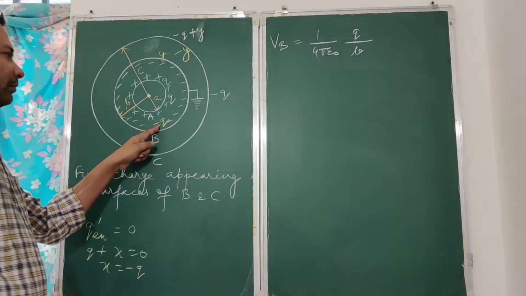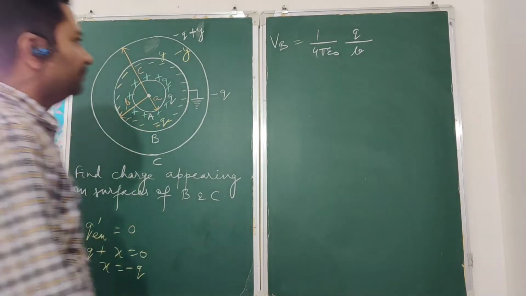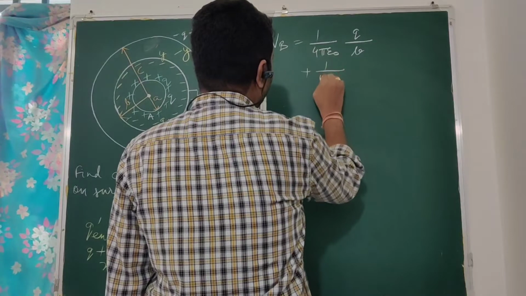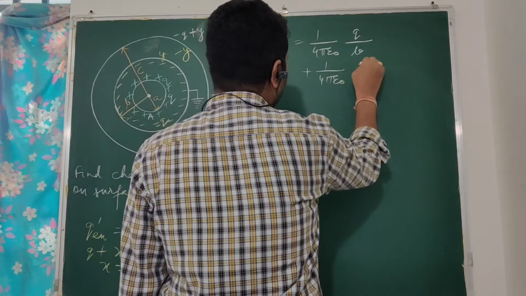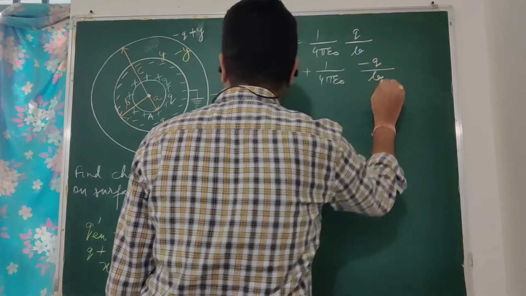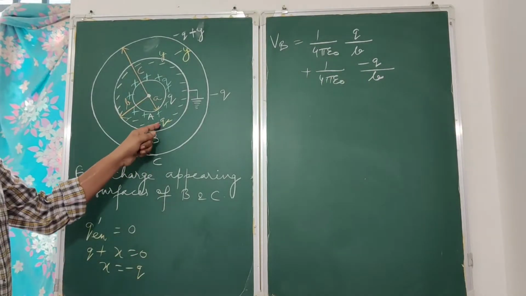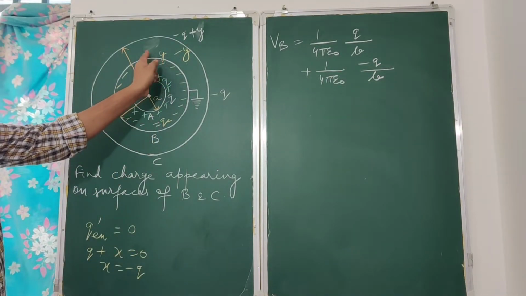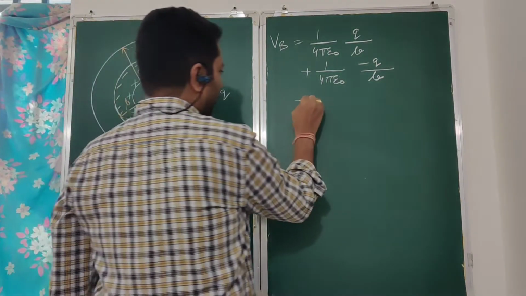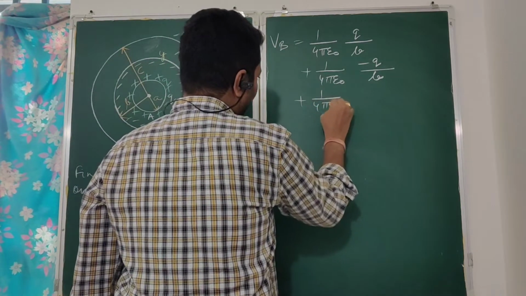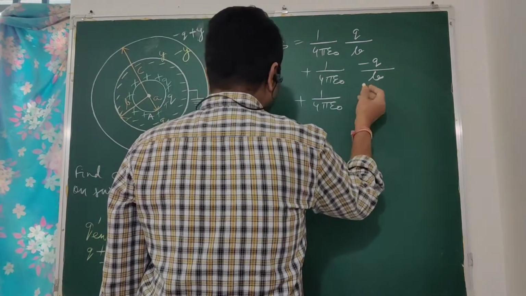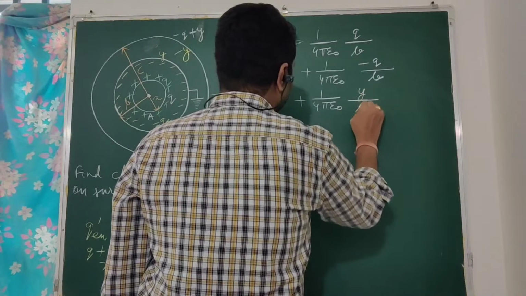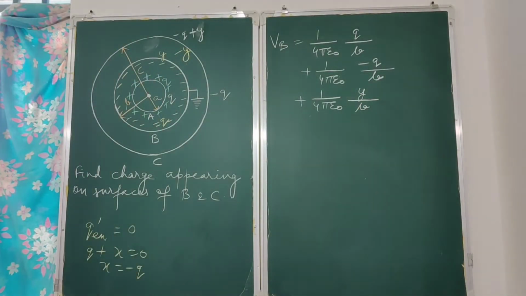Now what about this minus Q charge here? Plus 1 by 4 pi epsilon naught into minus Q by again B. Then you are having y charge on the outer surface. So the outer surface will contribute 1 by 4 pi epsilon naught into y by B. Plus